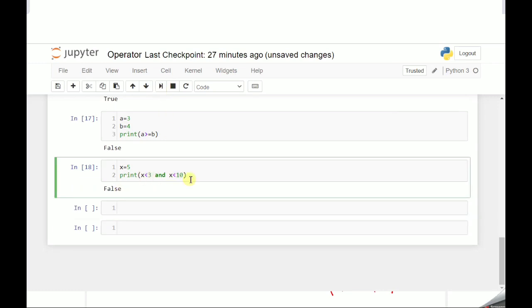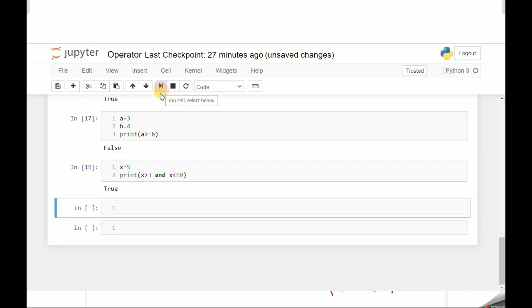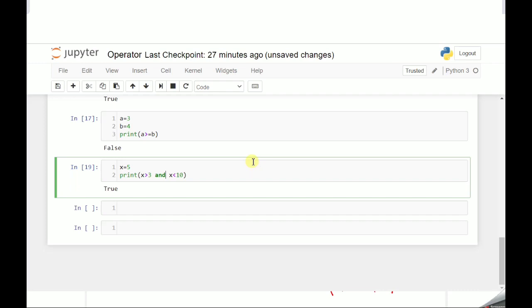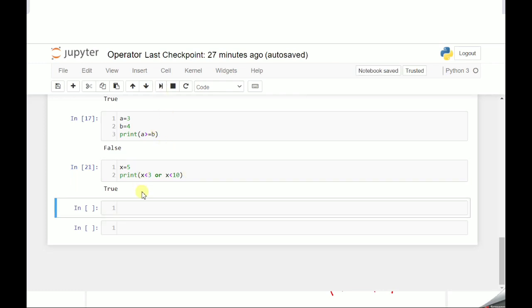Now I am going to correct this, make it true. Condition x is greater than 3. Now see, both the conditions are true, it will give you the true answer, right? Now I am going to implement this OR operation. I am writing here OR, both the conditions are true, yes, it is giving true. Now I am going to make it false. X is less than 3, it is false. But now here it is giving true. Why?